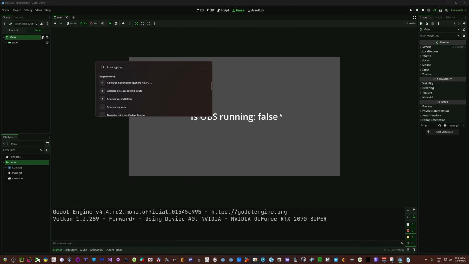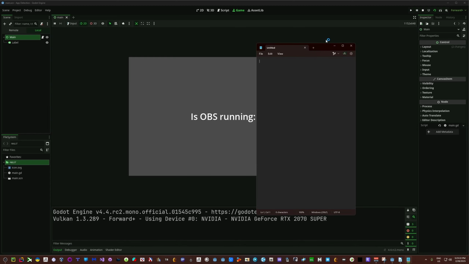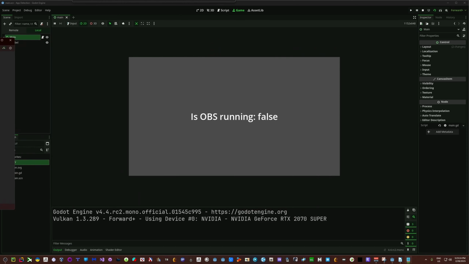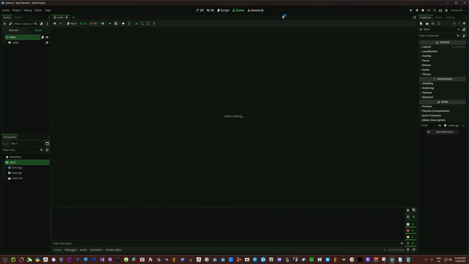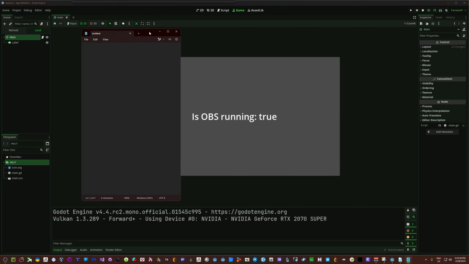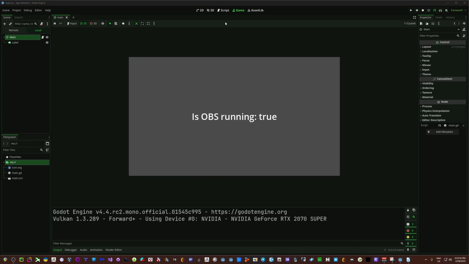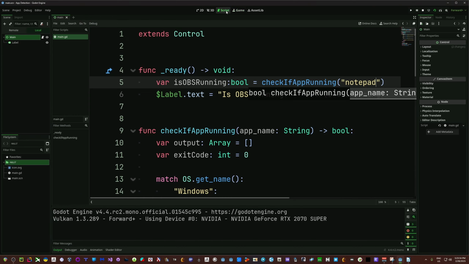That is not how you spell Notepad. All right, we come in, we run Notepad. Here it is, we know it's running. I'll just leave it off to the side there while we run this. And we can see here it is, running and true. All right, so with that information now, you can now take that